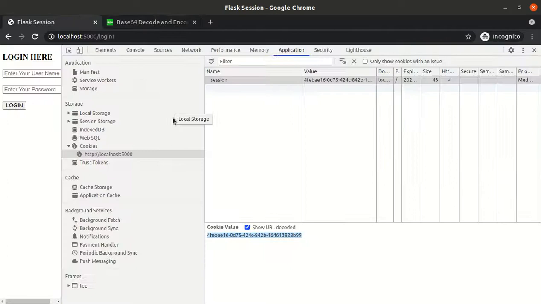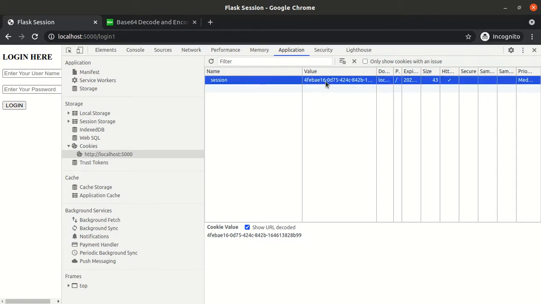When we store the information at the server side, it just stores one ID here, and corresponding to that ID it stores all the information on my server. When I route to some different page, it first checks this particular ID, and corresponding to this ID it checks in my database or the file system, wherever we are storing the details. It will find the details there, fetch them, and will not ask for a re-login.